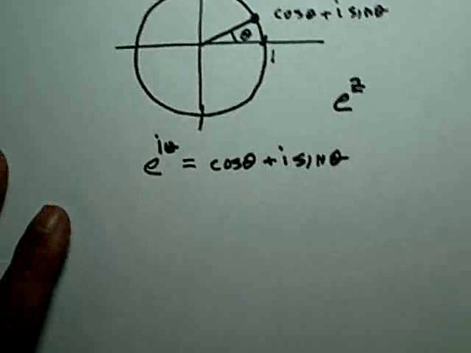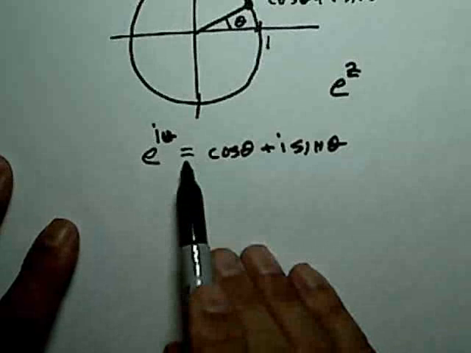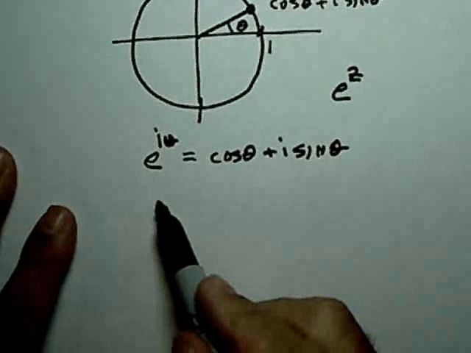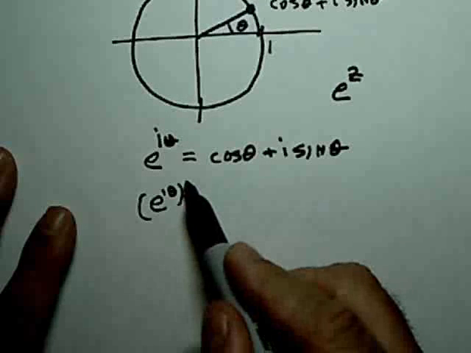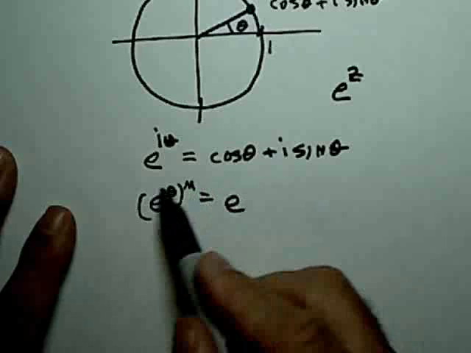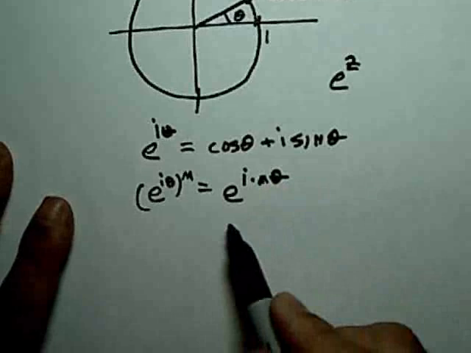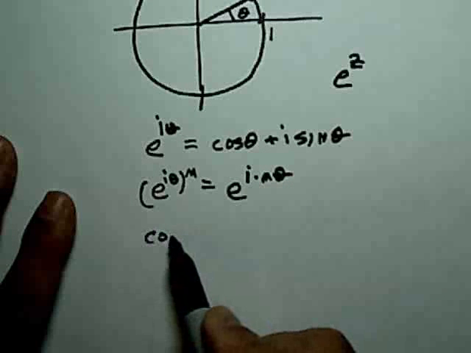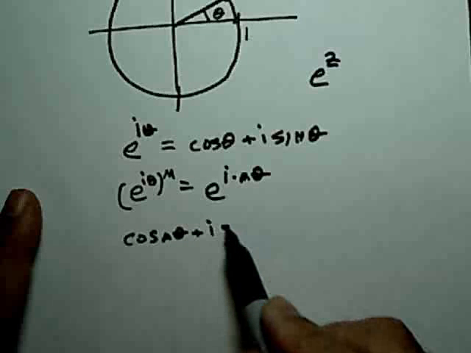Okay, now if you didn't know this and understand it, you probably didn't follow what I just said, and that's okay, but just take this then as a definition for now. And then you know the rules of exponents. If you take e to the i theta and you raise it to some power, I'll say n, for example, then this is e to the i times n theta. And of course, from that comes the famous formula that the cosine of n theta plus i sine of n theta